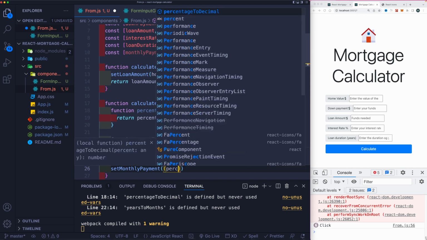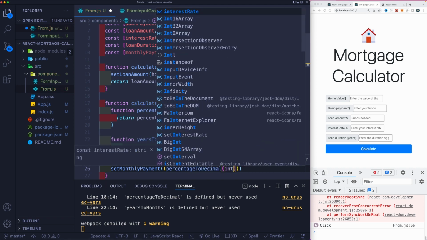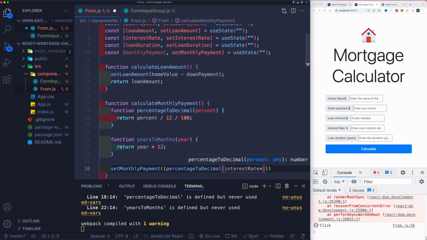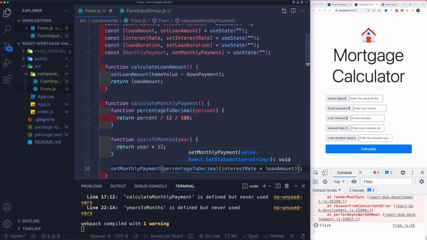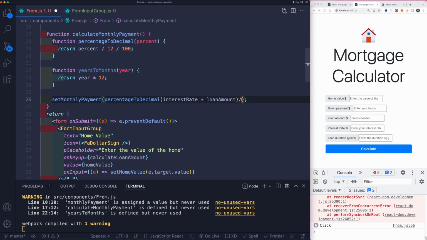We're going to take the percentage to decimal functionality, and we're going to pass in here the interest rate times the loan amount. Next up, we're going to divide it. You know what? I need a bit more space in order for you to understand this. So I'm going to close up the left part of the screen, and we're going to divide it by